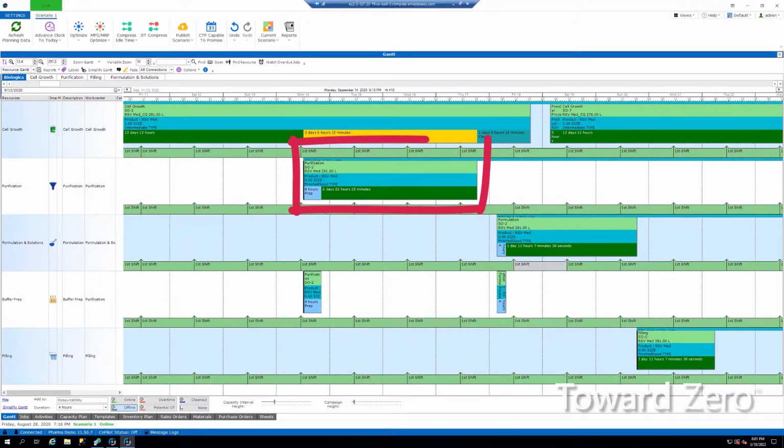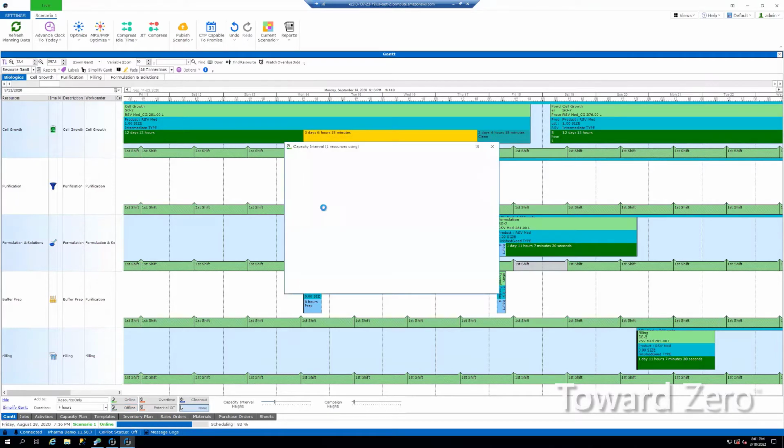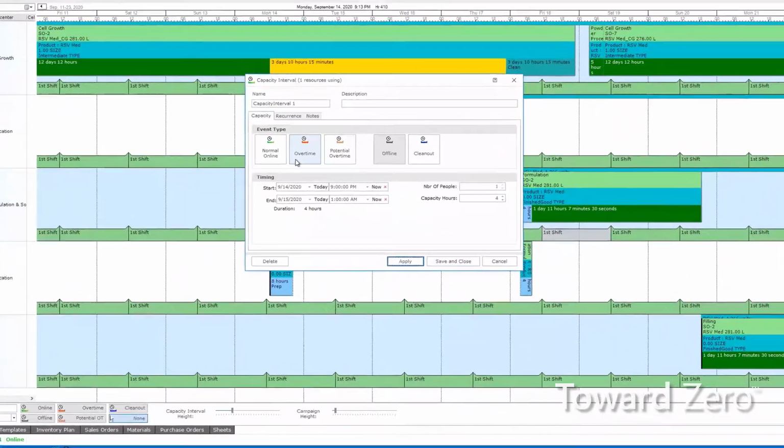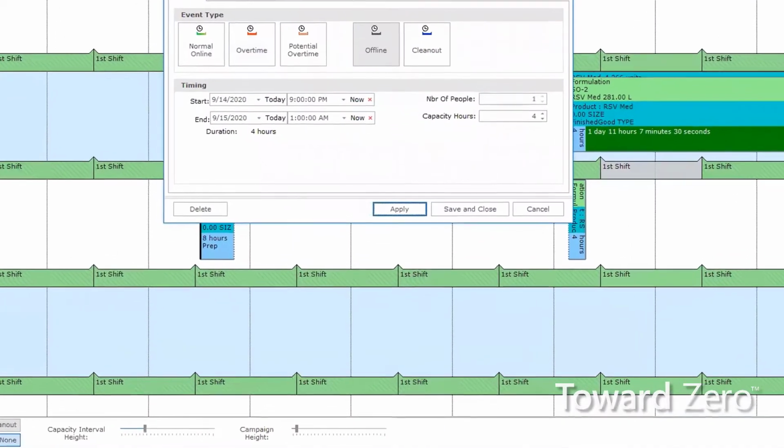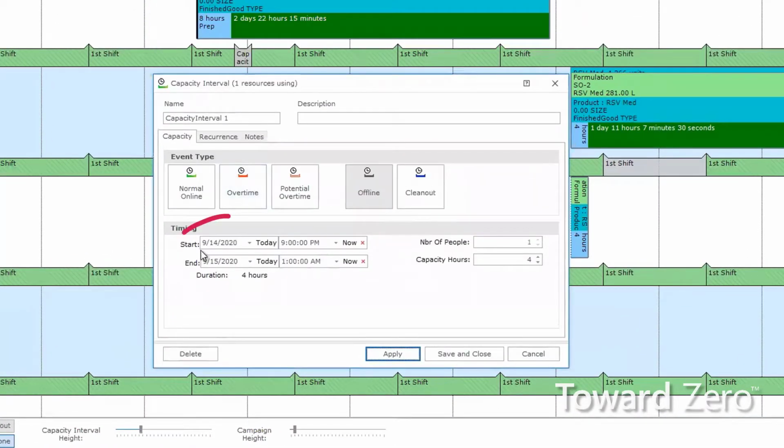I'm going to apply our downtime to the purification machine. After left-clicking, the capacity interval dialog box will appear. Look at the start and end times and choose the times your machine went down or is planned to go